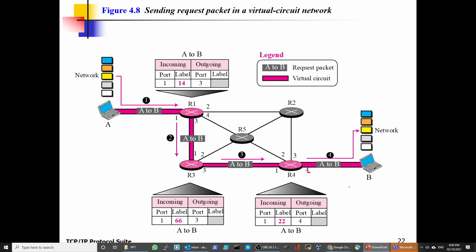So in virtual circuit switching we use a label, in datagram packet switching we use the destination address.